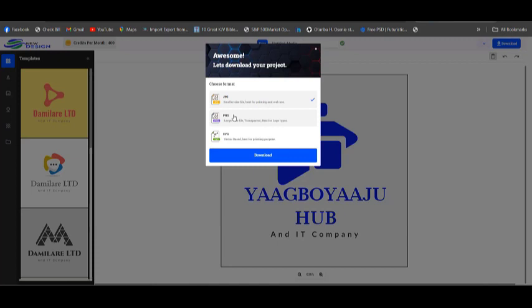You understand? So to select background, you can select this, or to select SVG. SVG is for uploading on an application when you are developing an app. So that's when you convert it to SVG. So that it will be lighter when you upload it on your app while developing the application. So that's when you select this file. But for normal use, if I upload the logo on a Facebook account, select the PNG or JPG.